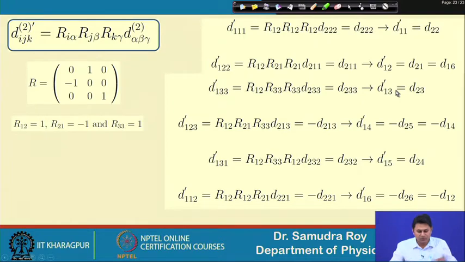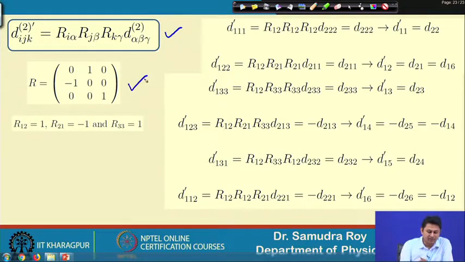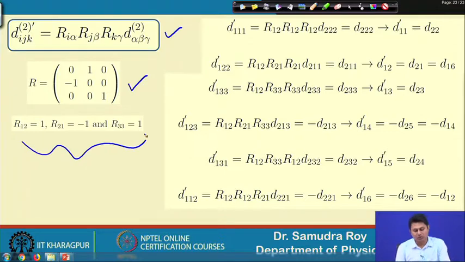R is given to us and the D matrix is also given to us. So, let us start the operation, one by one. This is my main equation for the transformation. On the left-hand side R is given, where these are the non-zero elements that we have written explicitly, R11, R21 and all these things.